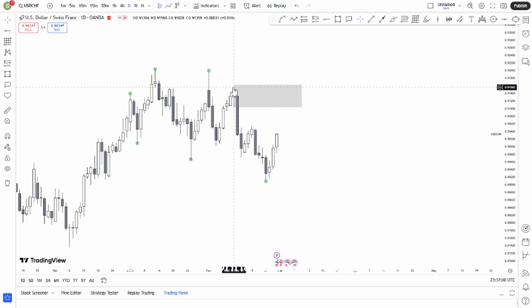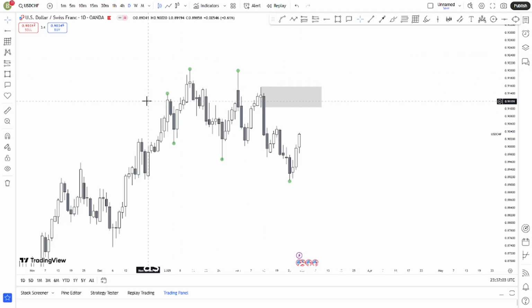So we're just going to refine this area here on the 4-hour time frame, as I like using the 4-hour